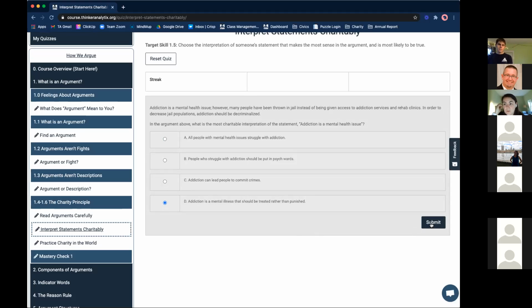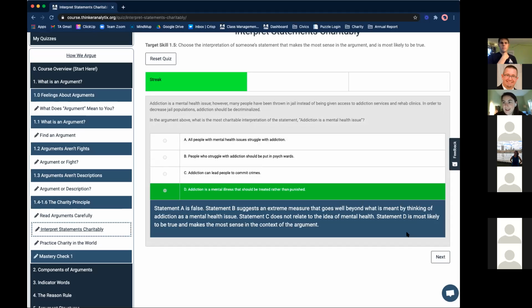And the way this course works, all of the exercises and feedback are built in. So I select D, I press submit, and hey, we got it right? So you'll see the green indicates you got the question right. And then there's feedback for the student. So the idea here is that your students should be able to work through this course at their own pace without a ton of on-demand support from teachers. This should be something that they can do asynchronously and remotely.